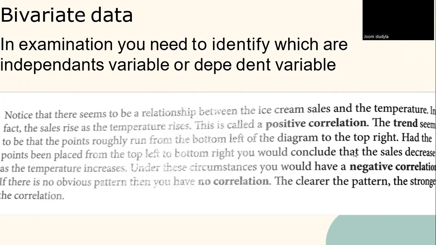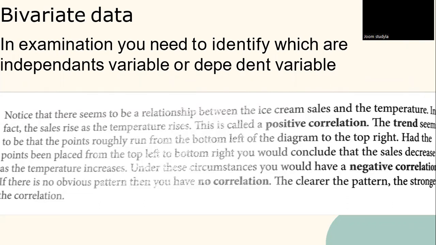Notice that there seems to be a relationship between the ice cream sales and the temperature. In fact, the sales rise as the temperature rises. This is called positive correlation. The trend seems to be that the points roughly run from the bottom left of the diagram to the top right. Had the points been placed from the top left to the bottom right, you would conclude that the sales decrease